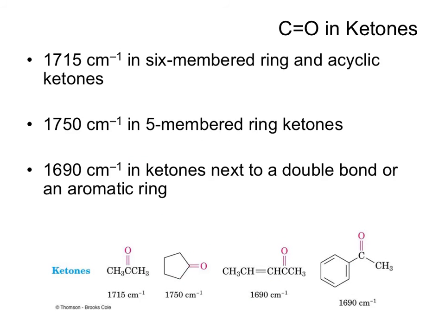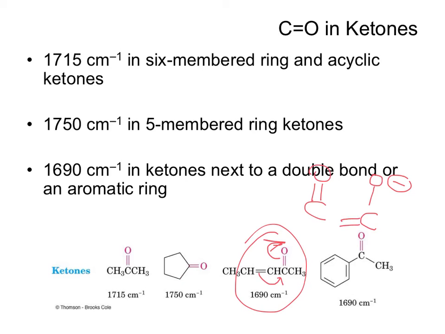It's the same story with ketones also. Traditionally, a ketone such as acetone would show up at 1715. On the other hand, an unsaturated ketone tends to show up a little bit lower, and the reason for that again goes back to the fact that there's partial delocalization, so electrons move, and the C double bond O is not really a C double bond O, but rather has a slightly single bond character, and so since it doesn't have that many electrons,